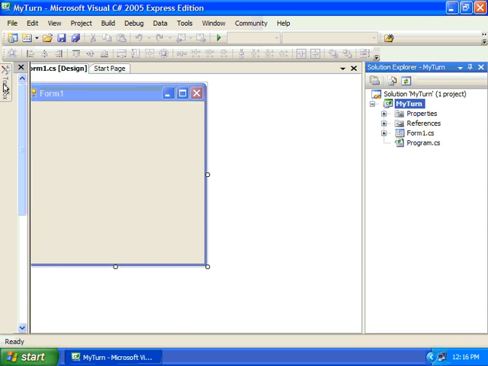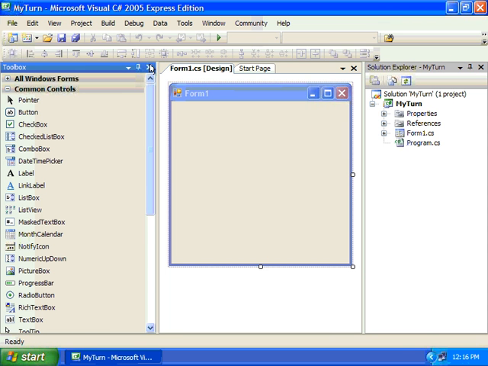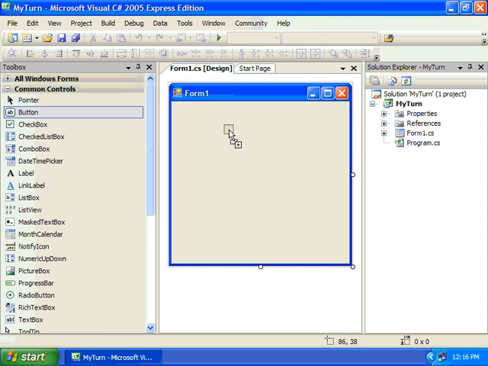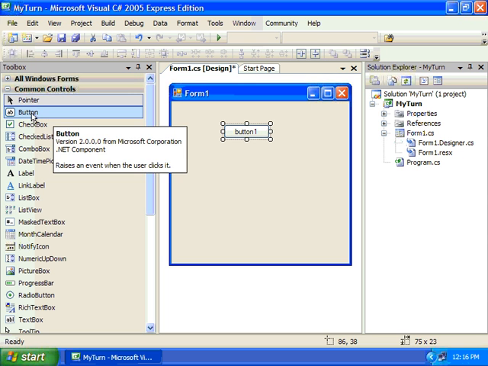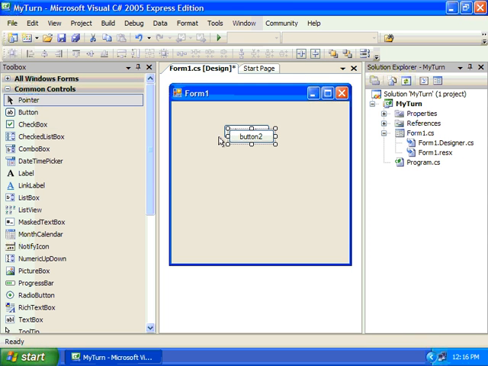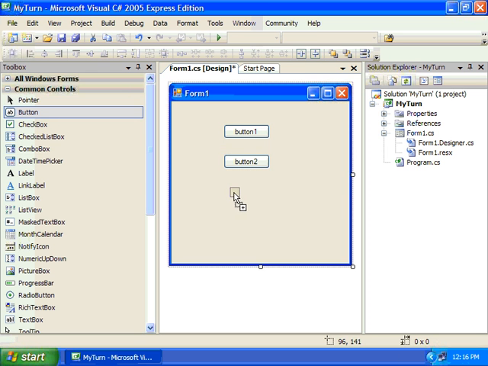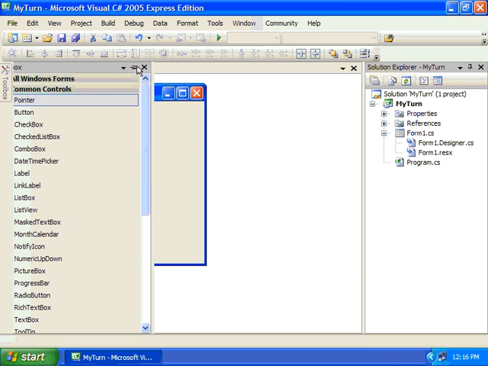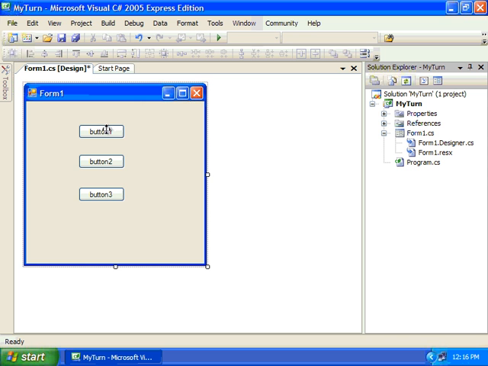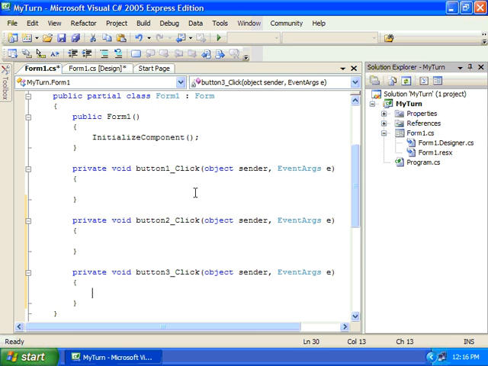And the next thing I'm going to do is go to the toolbox. I'll pin it down and I'll just drag out some buttons. I'll drag out the first one, then I'm going to double click the second one so you can see that by double clicking I can add it from the toolbox onto the designer, and we'll just drag out the third one. And the next thing that we'll do is create the event handlers for each of the button click events. So I'll double click on button 1, button 2, and then button 3,